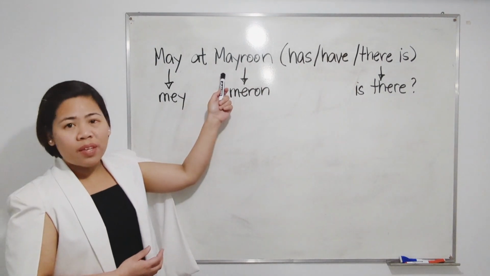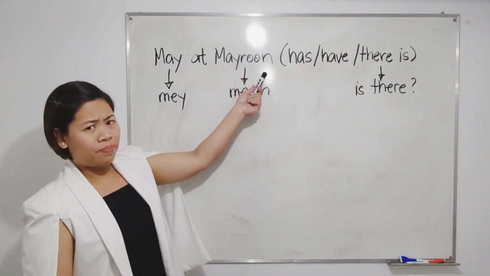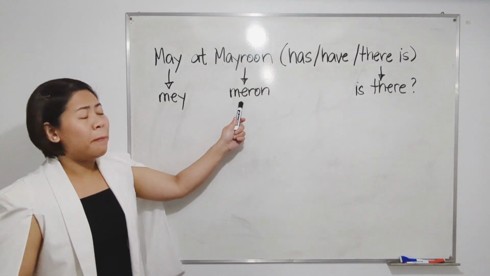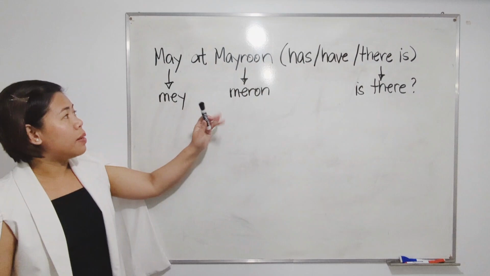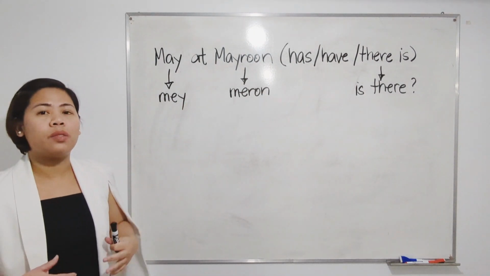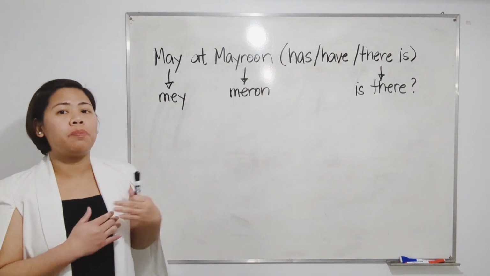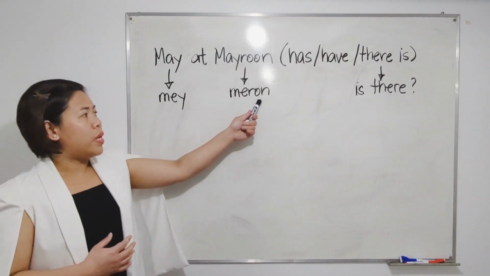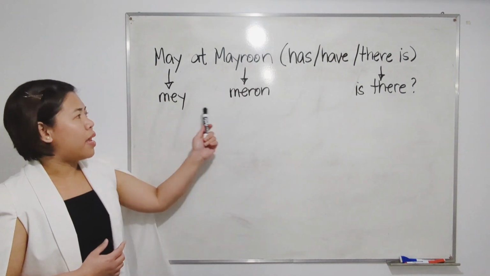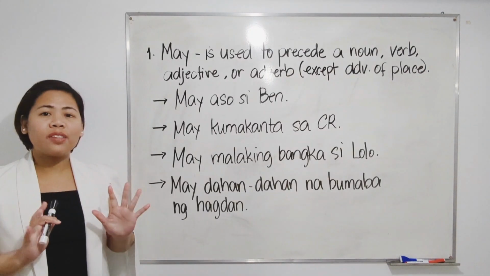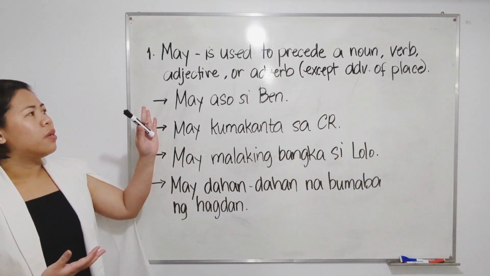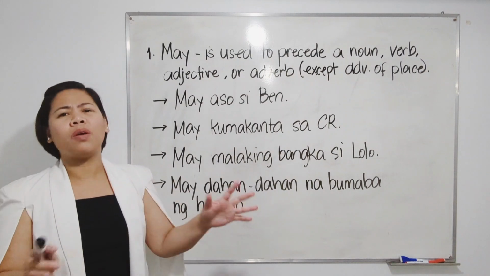Okay? Same with this one. Mayroon. Actually, in spoken Filipino, we say meron. But actually, the correct pronunciation is this one, mayroon. But as I said, in spoken Filipino, when we tend to speak really fast, we somehow accepted these pronunciations, mai and meron. Okay, let's start with may. Do not stress yourselves with this because we don't care.